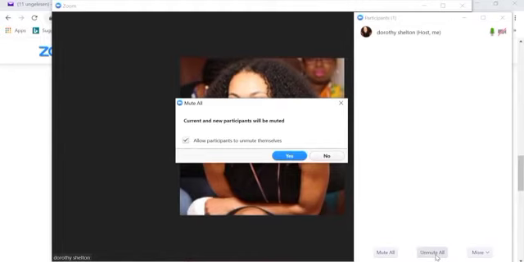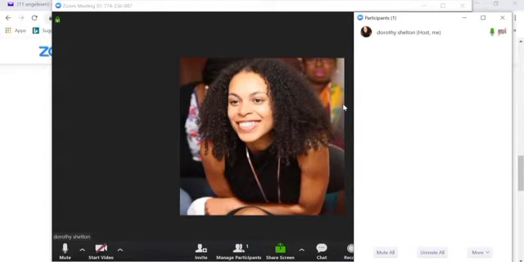Now this feature can be especially useful if you are hosting a meeting with younger students and you don't want to give them that power to unmute themselves, so you have the option to do it either for them, or if you're hosting older participants and you want them to do it themselves, then you can give them that permission. So I'm just going to X out here,